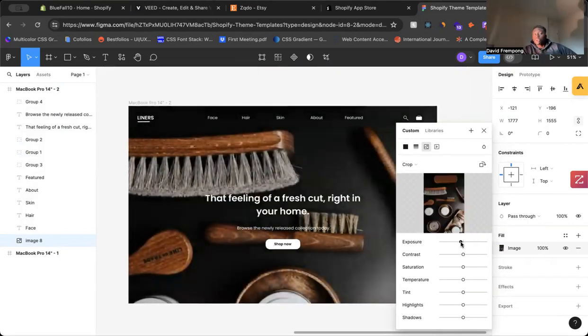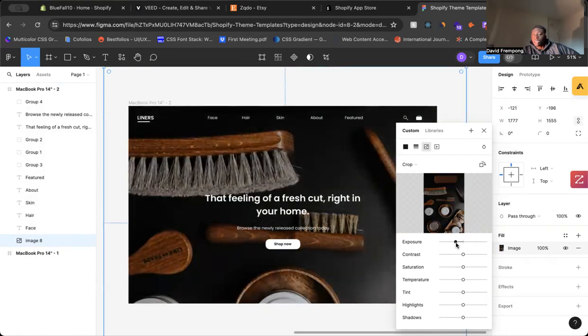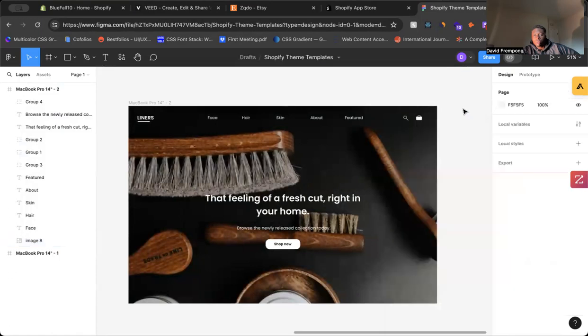And in Shopify, you can do this as well. I know I'm doing this example in Figma, but in Shopify, you can adjust the exposure as well. And if you need help doing that, feel free to reach out and I'll be glad to help you out with that as well. But you want to be able to adjust the background image to the point where it's not too dark that you can't see the image, but you can also see the text as well. So something like this looks pretty good here, right? So you see something like this on an e-commerce website. Now you see the images that are in the back, but you can also